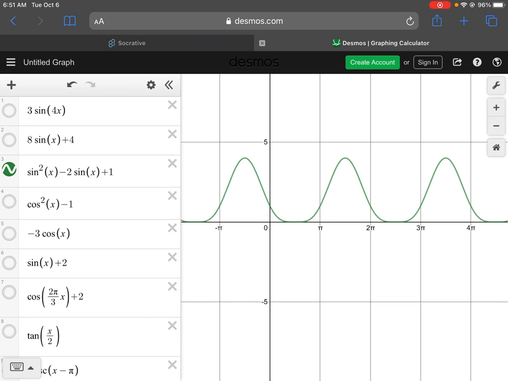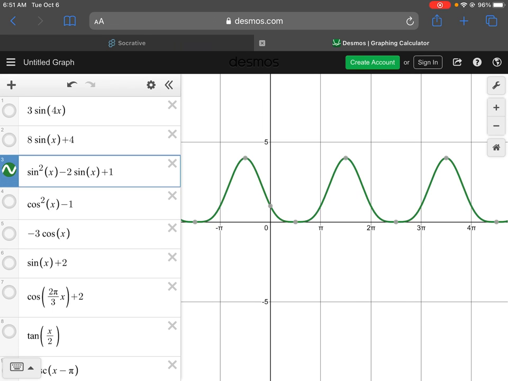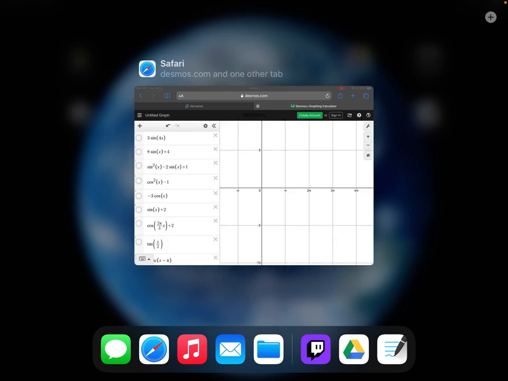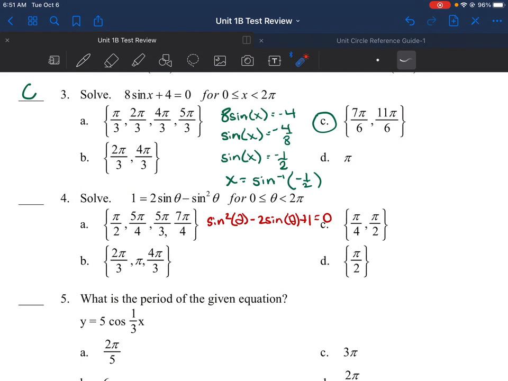Well, it doesn't look like we're going to cross through the x-axis, but we are still making contact with the x-axis, and that would still represent a solution. And we are making contact with the x-axis at pi over 2. Okay, so our answer here would end up being pi over 2, which is D. Now, let me show you how you could get that